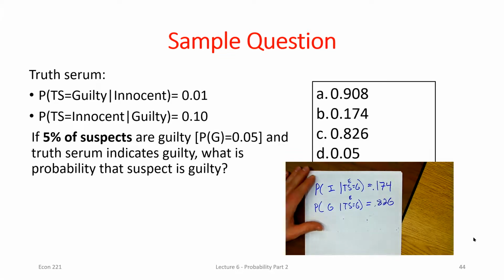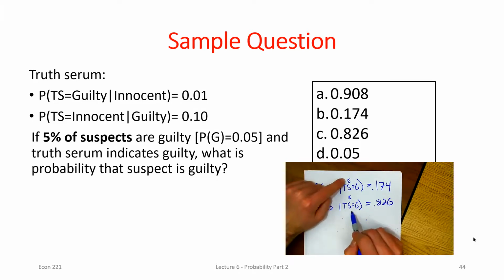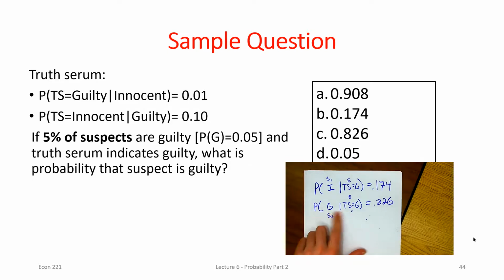0.826, right? So similar to when we condition on the same state of nature and looked at two different outcomes of the test, if I condition on the same outcome of the test, but look at the two different conditional probabilities of the two different states of nature, those should add up to 1 as well. So it saves me a little bit of work, right? I didn't necessarily need to know this, because I could have written out my Bayes equation and plugged everything in. But if I had already done this work, knowing this saves me a lot of time,